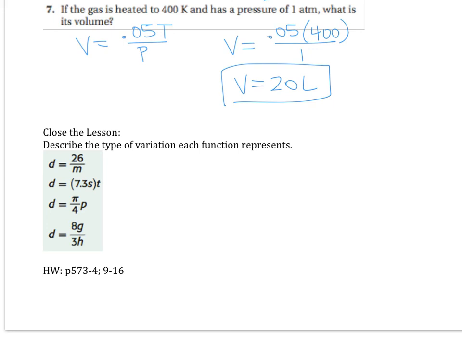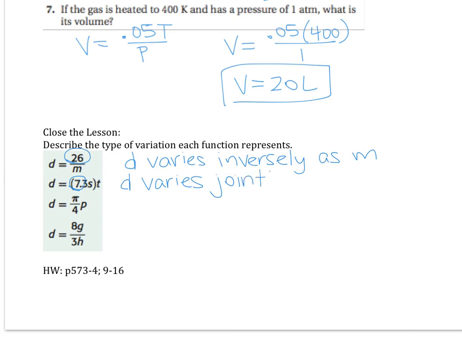So the first one would be D varies inversely because it's in the denominator as M, and 7.3 is our K. So this is D varies, and I have more than one variable, jointly as S and T. Pi over 4 is our constant, so this is a direct